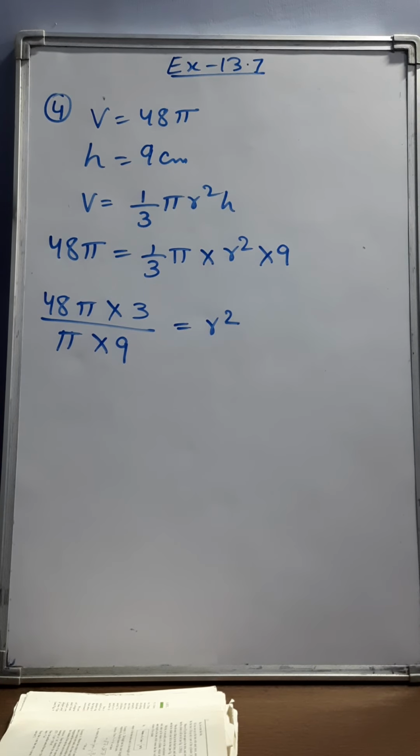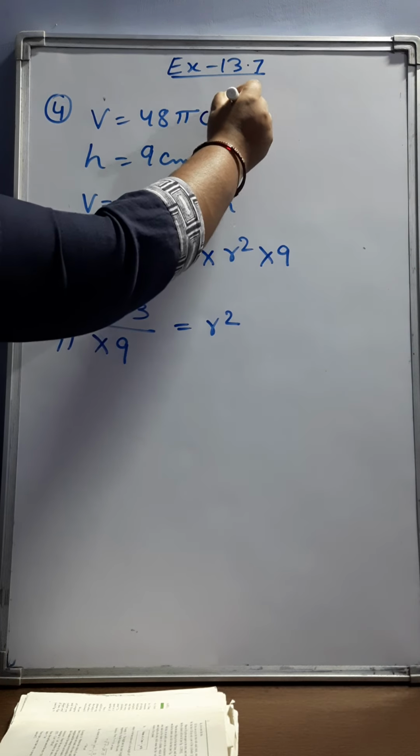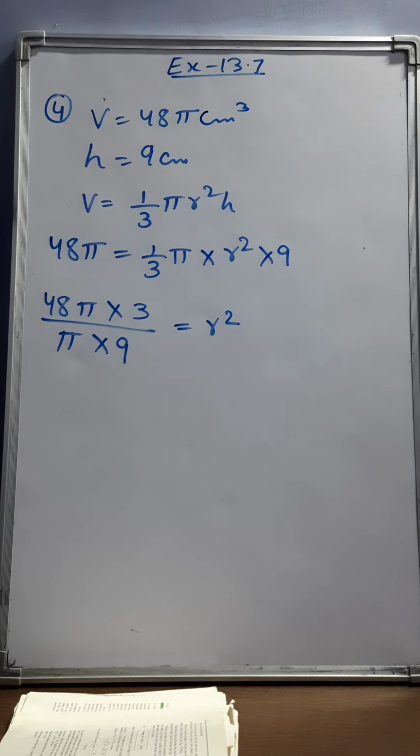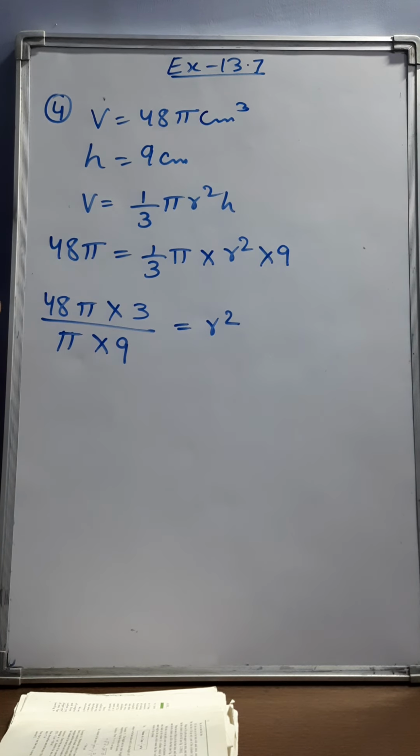Question number 4 is, if the volume of a right circular cone of height 9 centimeter is 48 pi centimeter cube, find the diameter of its base. Volume is given 48 pi centimeter cube and height is given 9 centimeter. We have to find first the radius, then the diameter. So in the same way as we did question number 3, on the side of volume we put